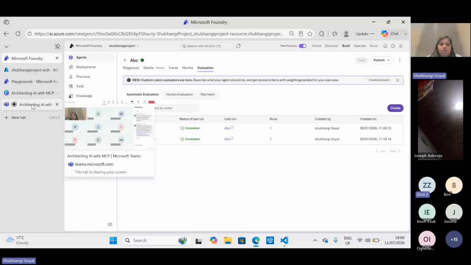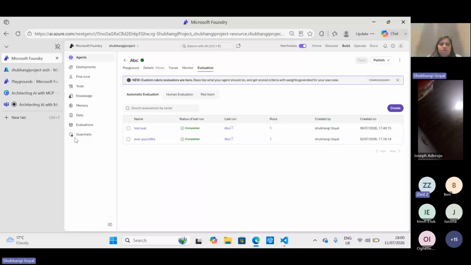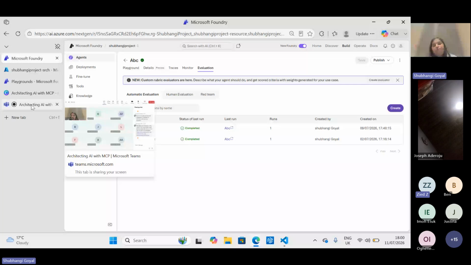Have you set up this kind of agents in production, or what are your recommendations about these steps?